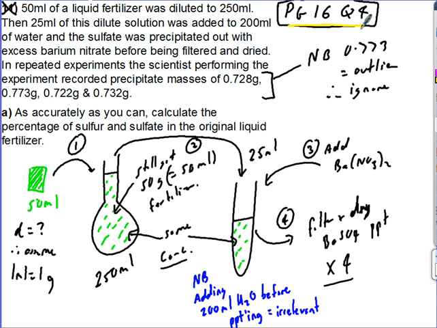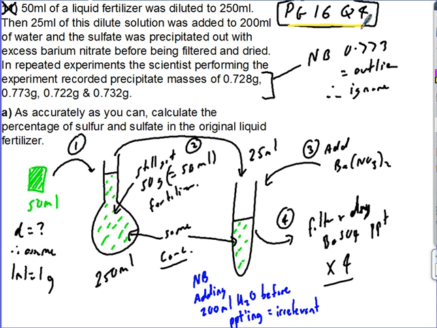This question reads, you've got 50 mils of a liquid fertilizer which has been diluted to 250 mils. Then you take 25 mils of that dilute solution, add it to 200 mils of water, and then you precipitate out the sulfate with excess barium nitrate. Then you filter and dry the precipitate. You repeat the experiment a number of times and record the masses each time. And the question is, as accurately as you can, calculate the percentage of sulfur and sulfate in the original liquid